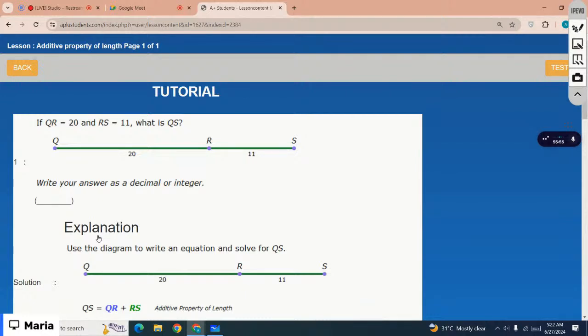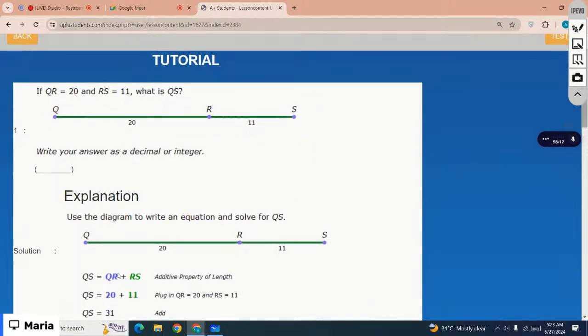Okay, let's start with the example. If QR equals 20 and RS equals 11, what is QS? Here is QR. The length of QR is 20 and the length of RS is 11. You need to find the length of QS, right? So basically QS equals QR plus RS, right? So if you add QR and RS, you get the length of QS. So that is 20 plus 11 equals